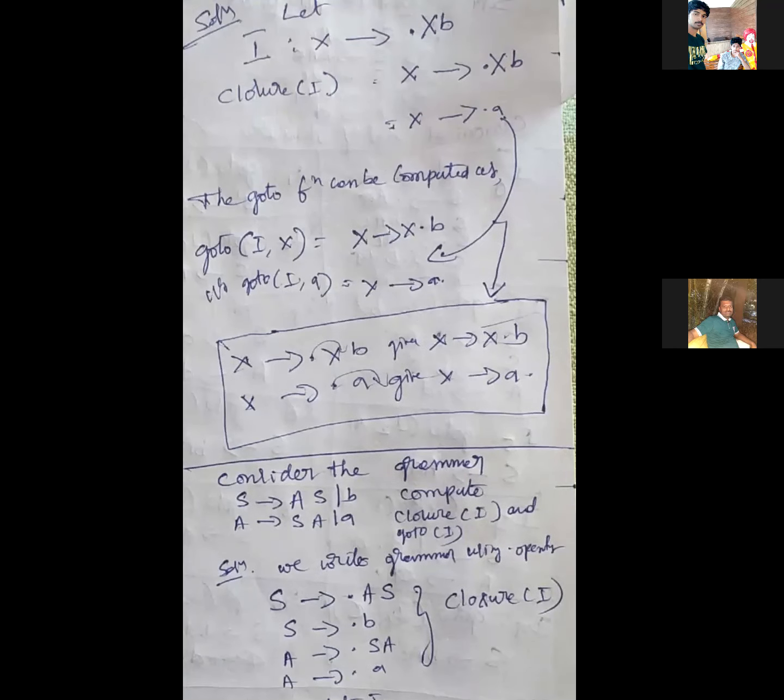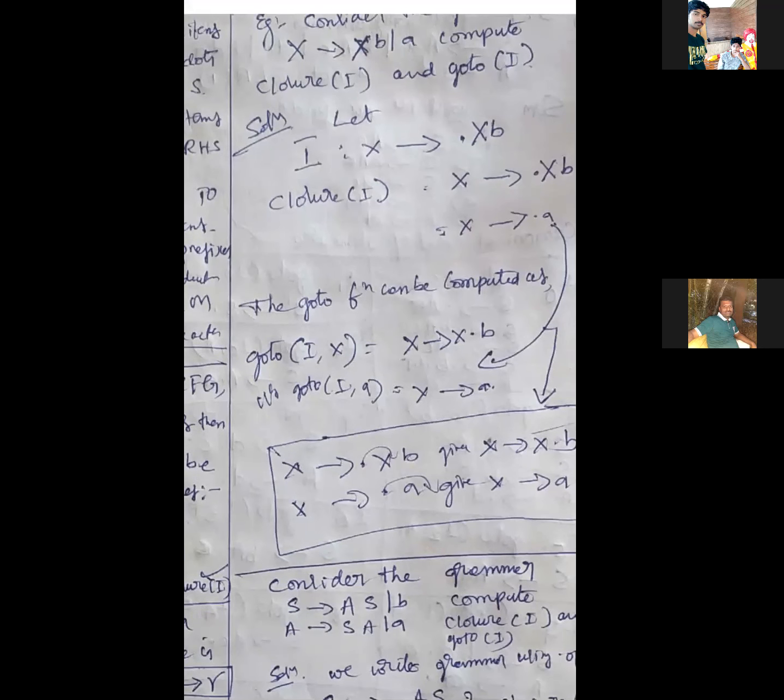Next, come to the next part, kernel. This is the problem we discussed last class, so I will explain it and go to the actions. See this example; first we go with these examples only. They have given one problem, simply a 6 marks question. Consider the grammar extended by I. Compute closure of I and then goto of I.